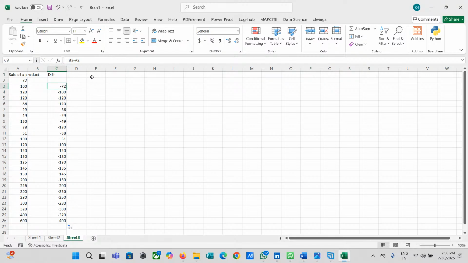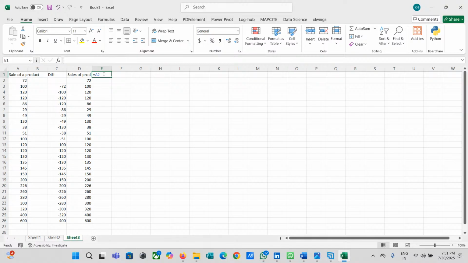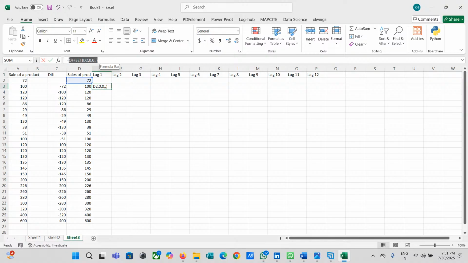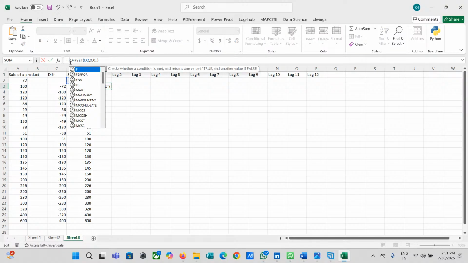Before that, I would also like to build my autocorrelation. So I'm going to write a formula.